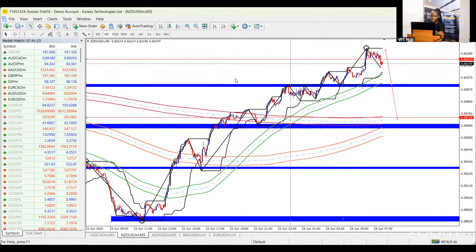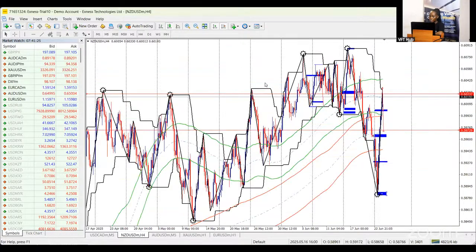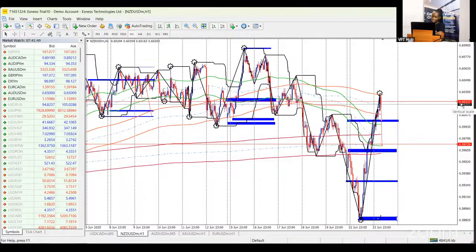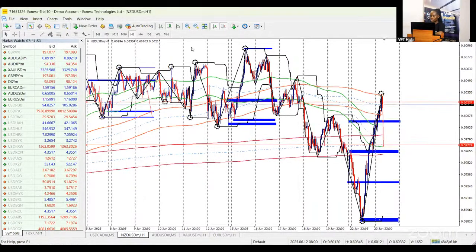Quick recap on NZD/USD as well. Same thing. Price has been selling since the 17th of June, somewhere around June. Been selling, came back to give a retracement. Ideally, we should have seen NZD/USD sell continuation, but based off of the fundamental release that came out, or the news headline rather, that came out for the ceasefire, we're now seeing price pushing to the upside. It has violated what could have served as a resistance, but it has not given us a confirmation on lower time frames to enter a position.